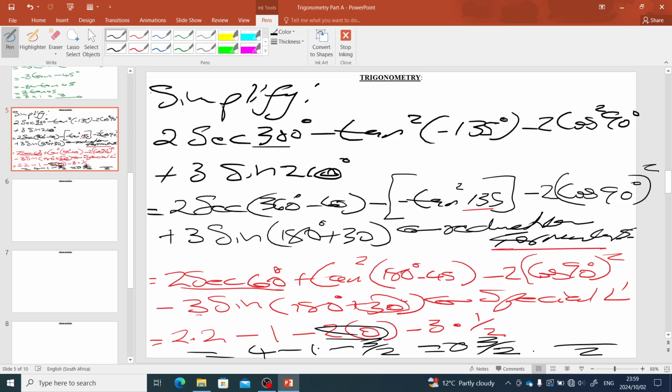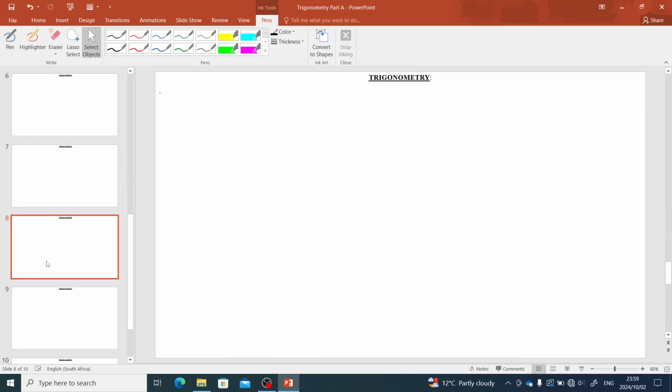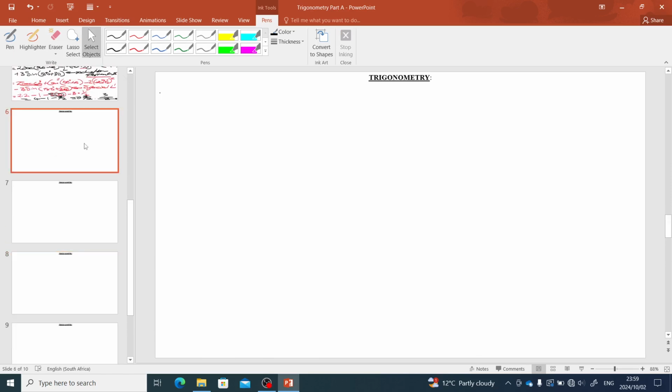How many times does 2 go into this one? Then you realize that it will give you 3 over 2 at the end of the day. All right, that's the route that we took there. Now, this is how you apply these given formulas,